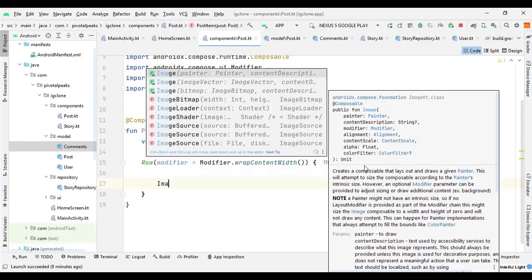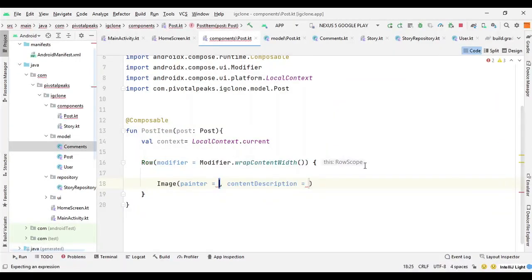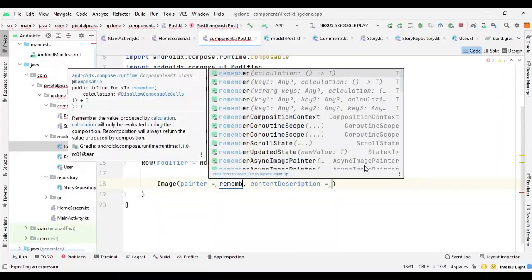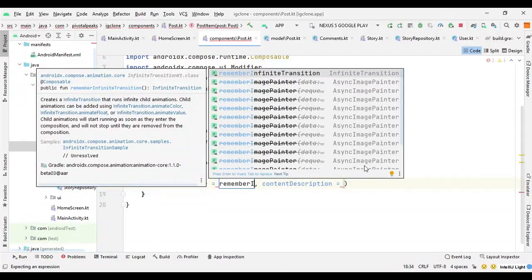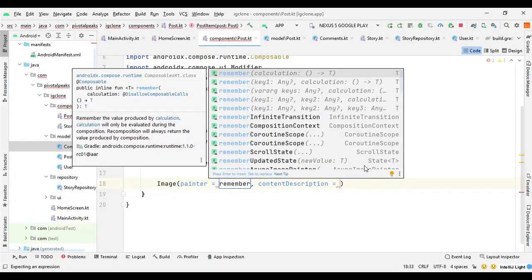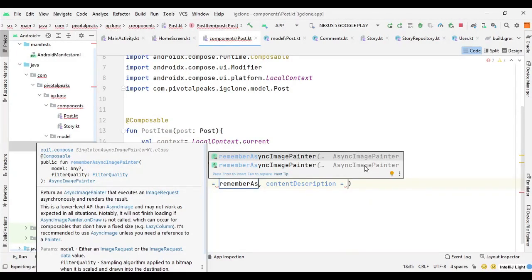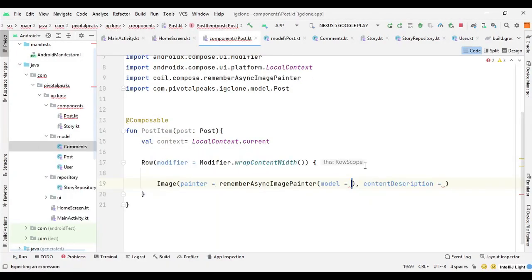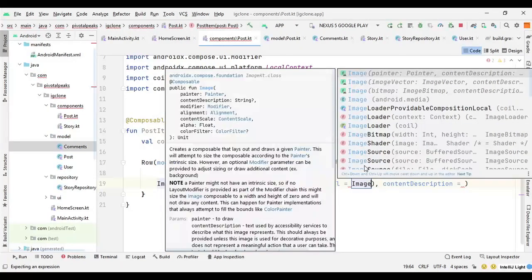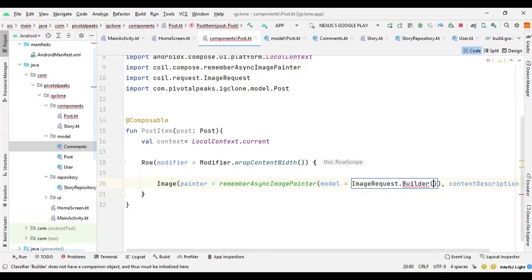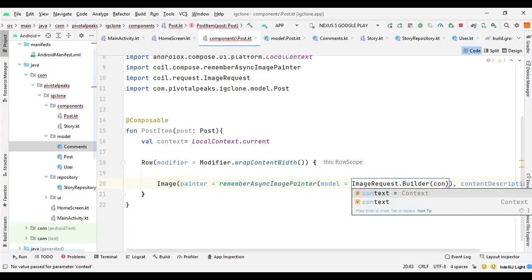So we will say image painter, and again we will just use remember async image painter. We can pass the model for it. So image request dot builder, and we can pass on the context.